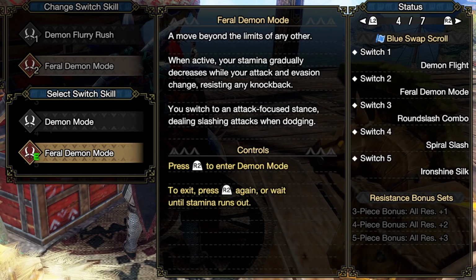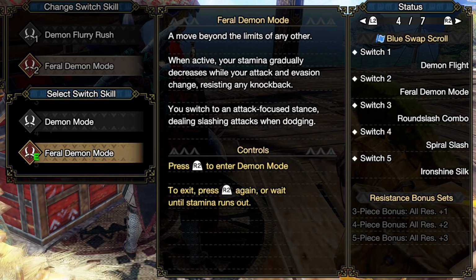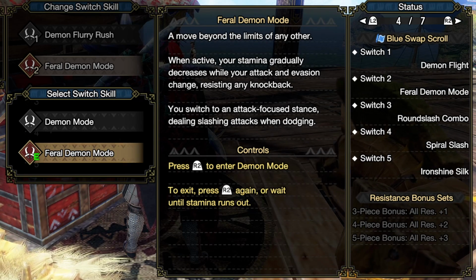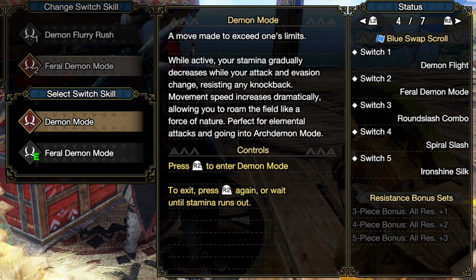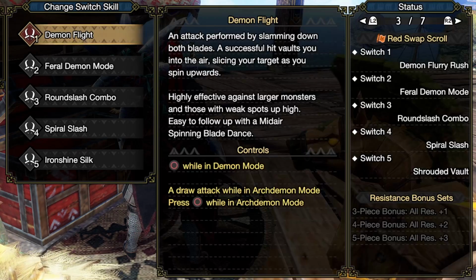Something else I want to mention is that with this build you should always have Feral Demon mode equipped, as you will be doing damage each time you dodge, and this build is focused a lot around dodging. So that would be extra damage that you would be missing out on if you were to go with Demon mode. And as you can see, I have my first scroll with Demon Flurry Rush and the second one with Demon Flight,